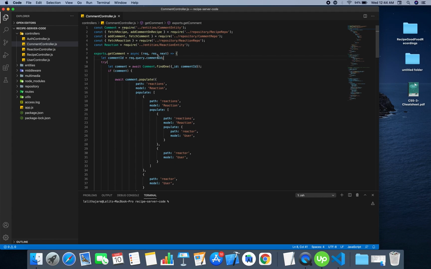And whenever the response is given to the user, I have used a well-known method named populate, which is used by the node.js community. It's a quite popular method which makes management of such tasks very simple.